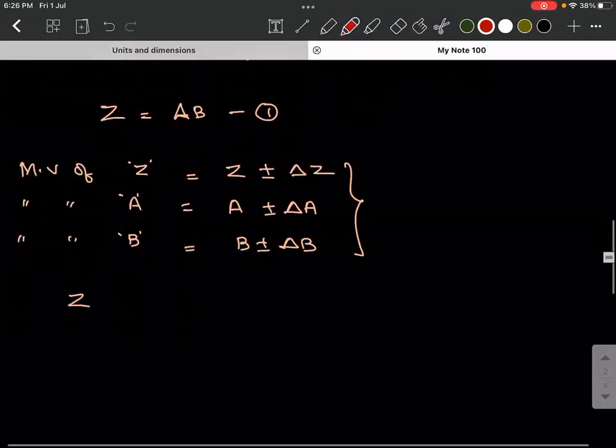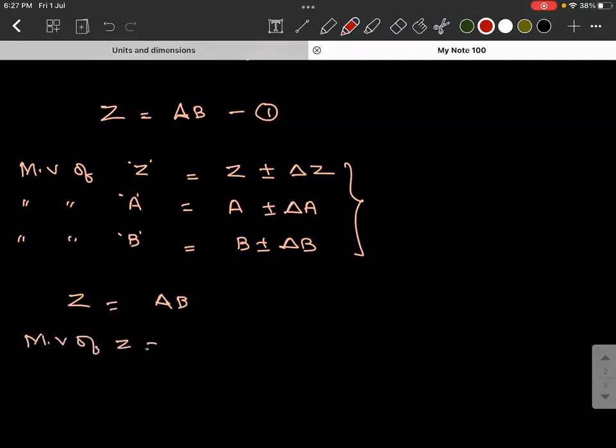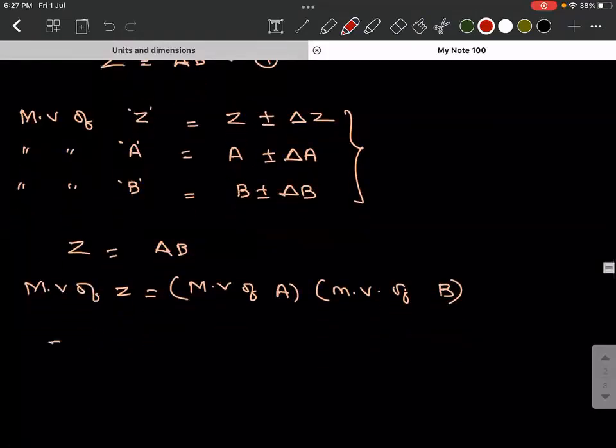So when you say Z is equal to AB, can I say the measured value of Z is equal to the measured value of A into the measured value of B? Can I say this? Right. When this is the scenario, the measured value of Z, Z plus or minus delta Z, is equal to the measured value of A, A plus or minus delta A, into